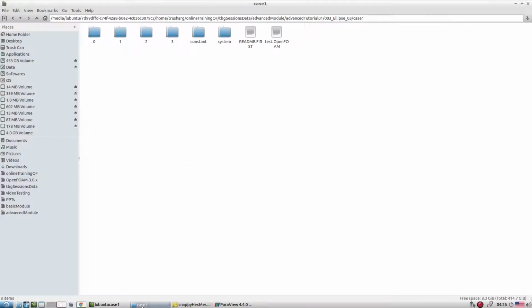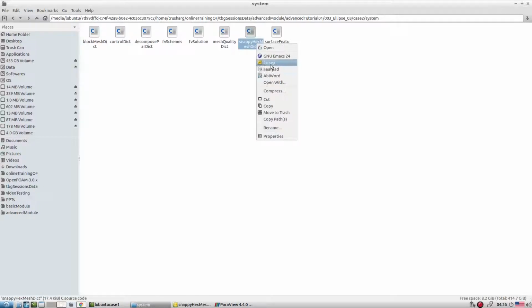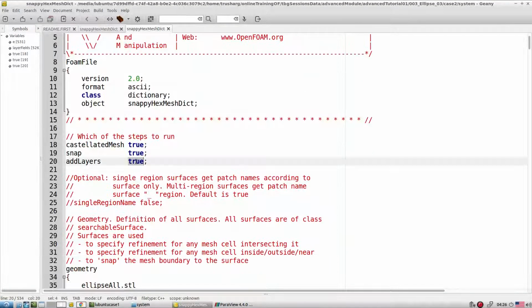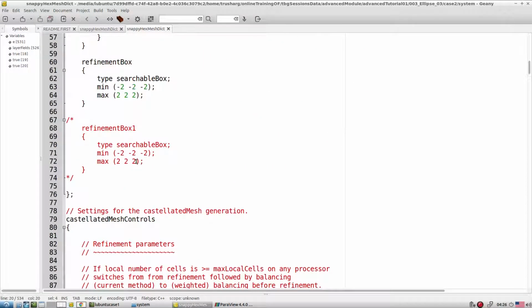So for that, let me go to the second test case. Okay, and let me open this file. Okay, so I want relative calculation as true. Okay, so what is the difference? How are the true and false parameters going to change the scenario? Let's look at that very quickly.